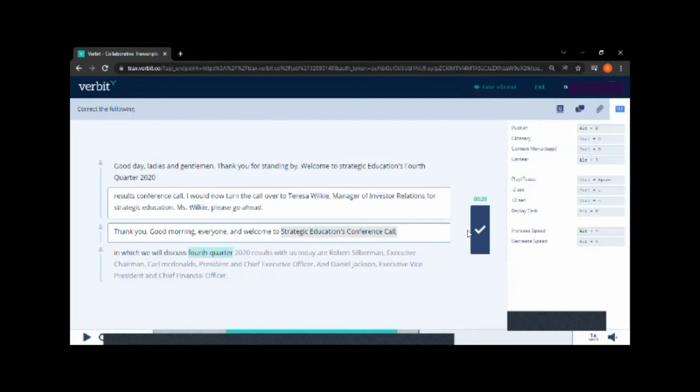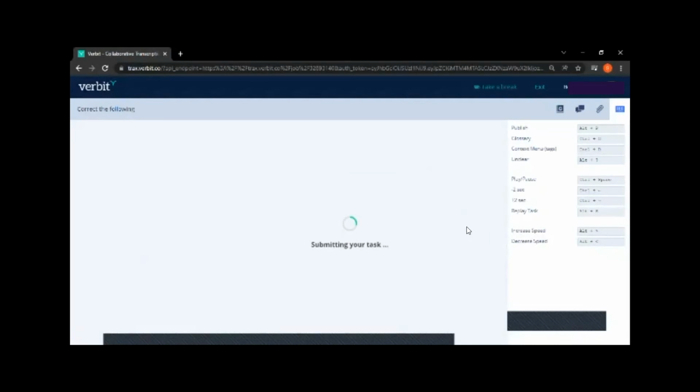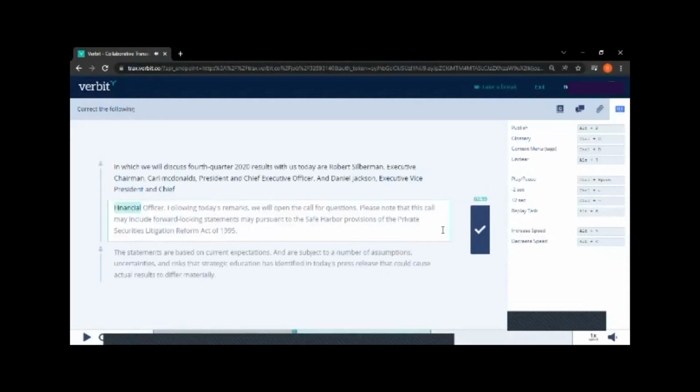And now you can see here that our time is counting down. So you want to make sure that you submit every part that you're working on before the time elapses. So you can see here you have a warning that our time is running out, so we should be ready to publish. So I will just click Alt+P. Now my work has been submitted, and now I have a chance to work on another segment. So after you have published, another segment will appear and you will be able to work on them.